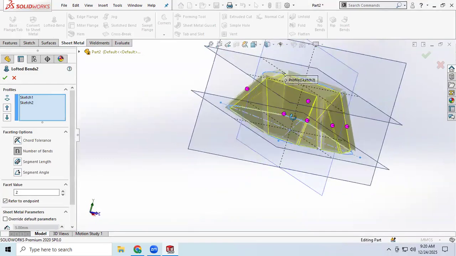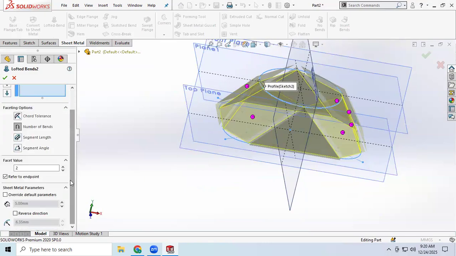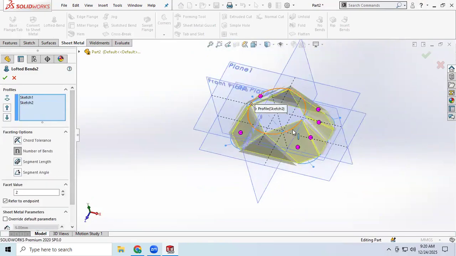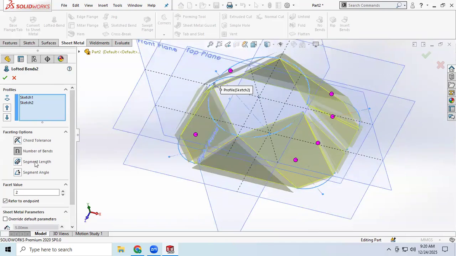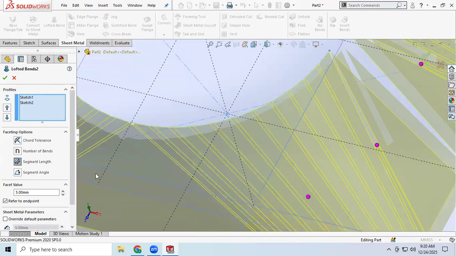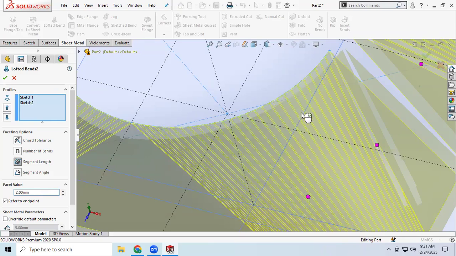I think something is not fixed. Okay. So you can bend this over right here. If you want to use the segment length, this is my segment length right here. Then you can also specify the segment length. Suppose I use 2 mm. So your segment length will be decreased right there. And if you click on OK,